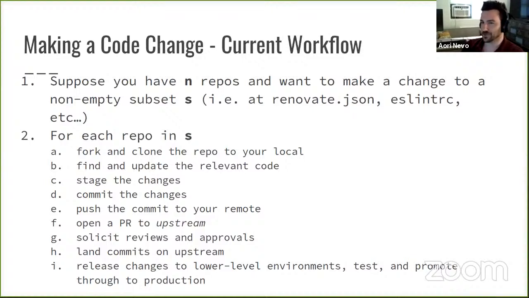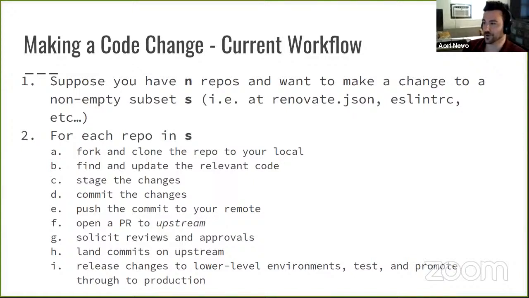I make some assumptions here, and you can argue about order, but I think we can understand that these are more or less the steps you would go through. So suppose you have n repos and you want to make some change to a non-empty subset S. So think about making a change to the renovate JSON, the ESLint RC file, something of that nature. Well, for each repo in S, you would